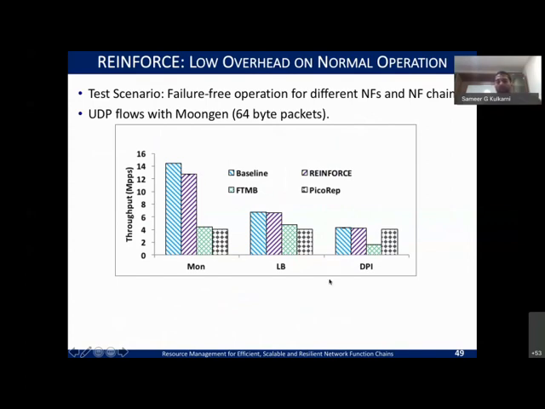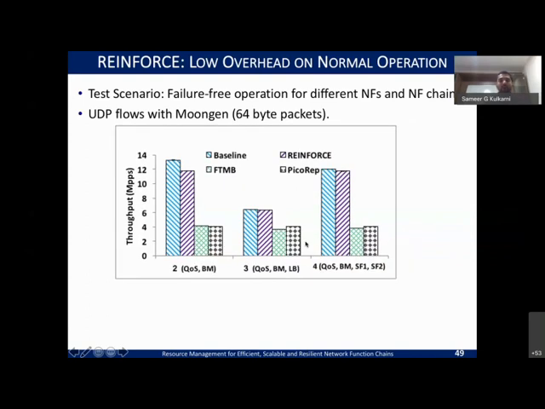Whether it is a lightly loaded NF or a heavily loaded NF, you are able to get the best performance in all cases. And when you take the chain, and we assume just the first NF does the work, you hit this bottleneck here, but with NFV-Nice, as you increase the chain length, you are still able to meet the right throughput.